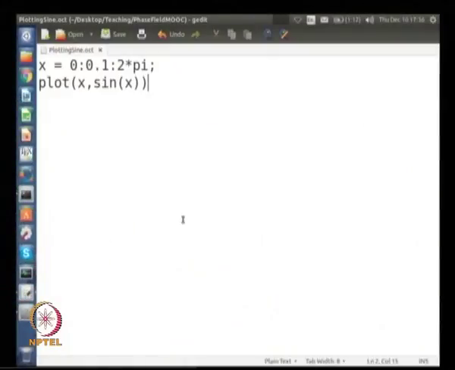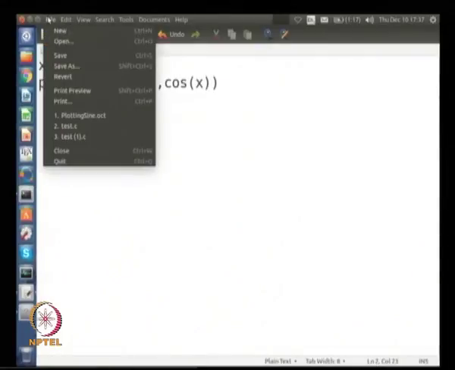So, I am going to show one final trick for this lecture. This is to plot more than one curve in the same plot, right. I have plotted sine. Suppose I want to plot both the sine and cosine in the same plot. How do I do that? So, I am going to take the script file, modify it a little bit, and then plot it and show it to you. So, let us do that. I have the file, it is very trivial: x, comma cos of x, and then I am going to save it as a different file,